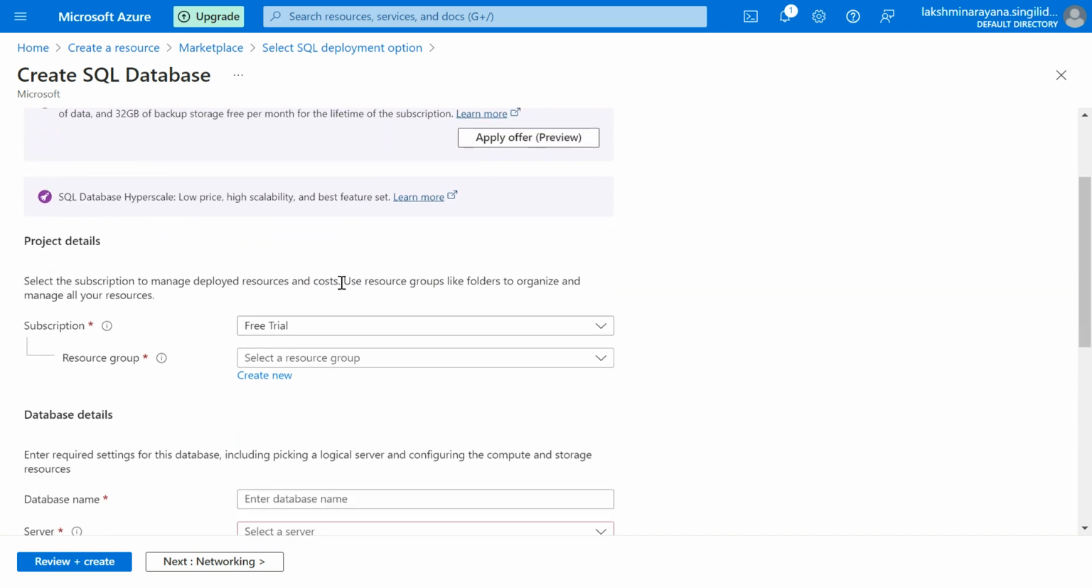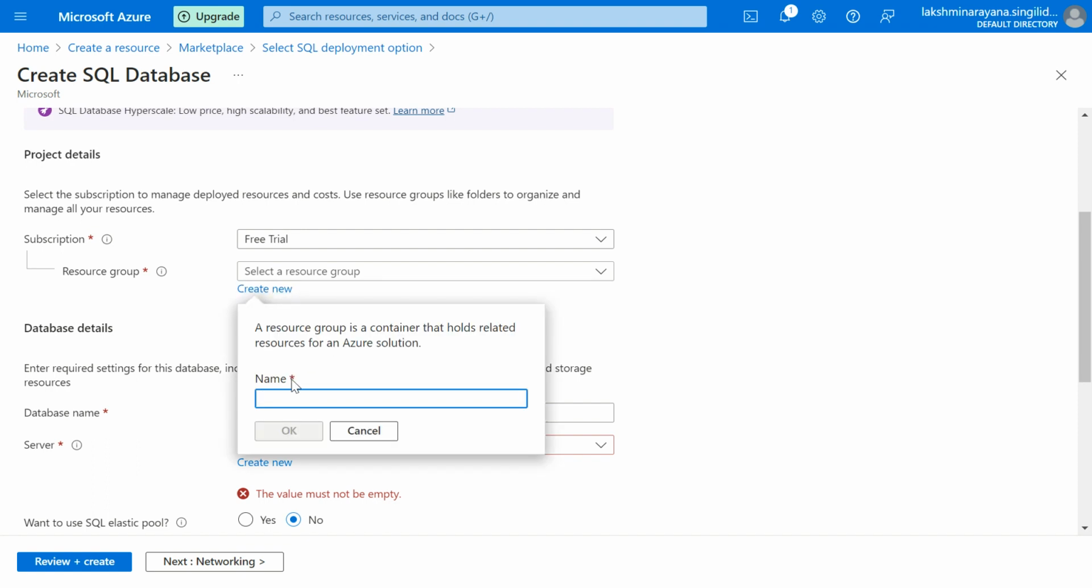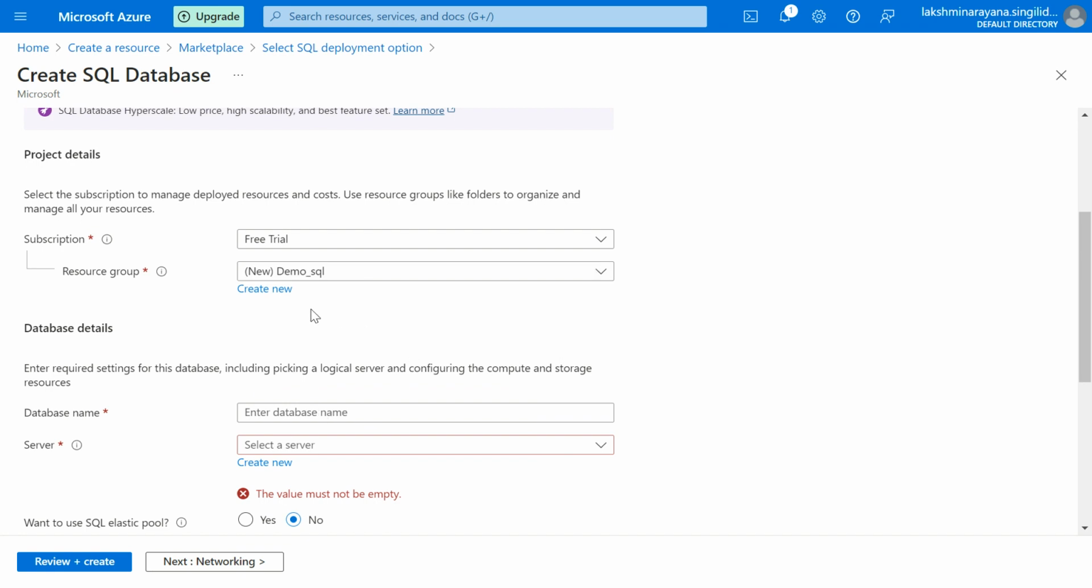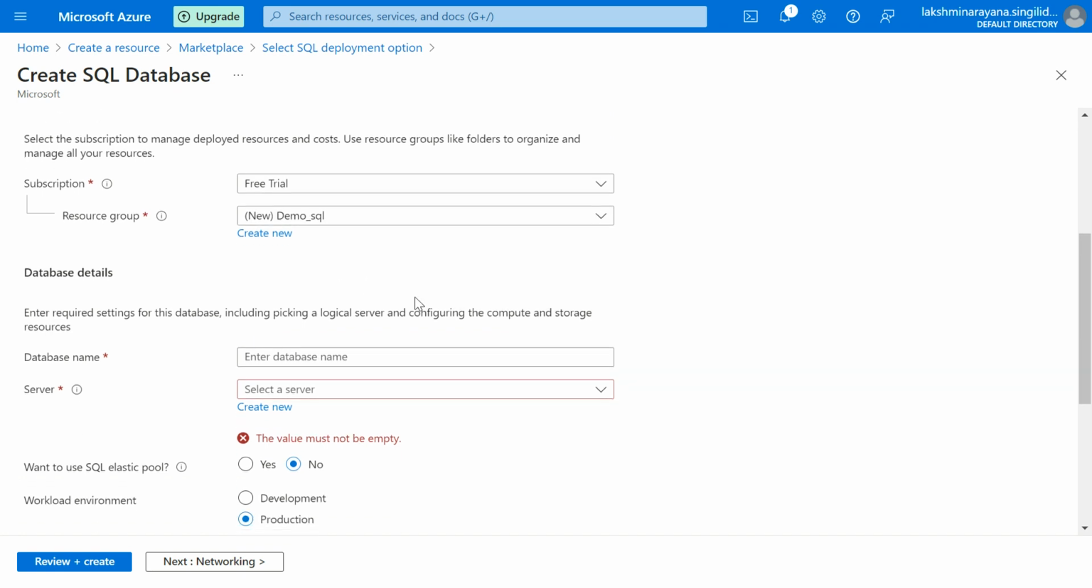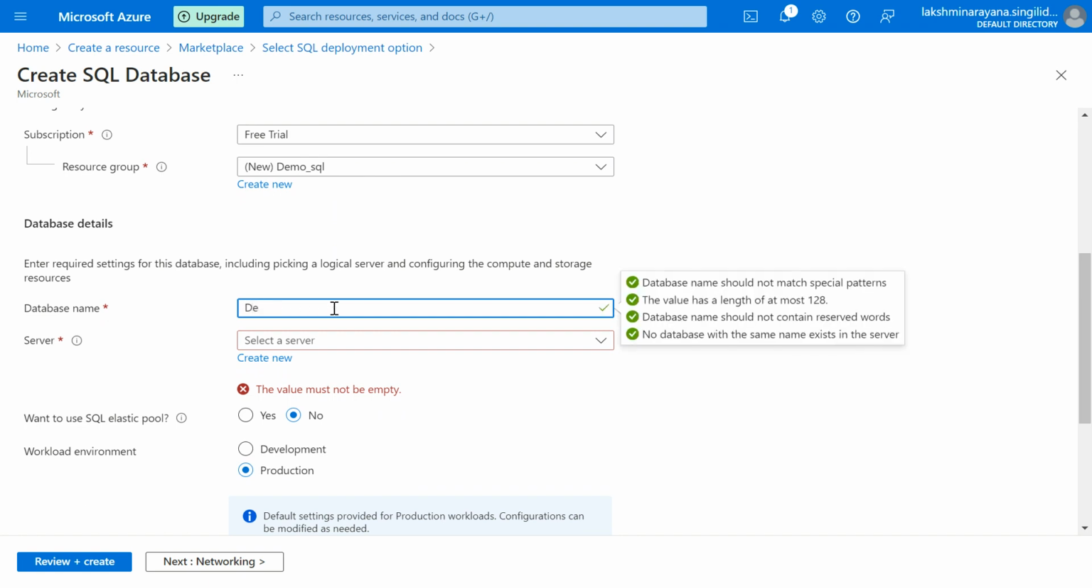Now I'm creating a resource group. I don't have any existing resource groups, that's why I'm creating a resource group named demo_SQL. It is available. Okay. Now I'm giving the resource group as demo_SQL. Now I'm giving a database name as demo_